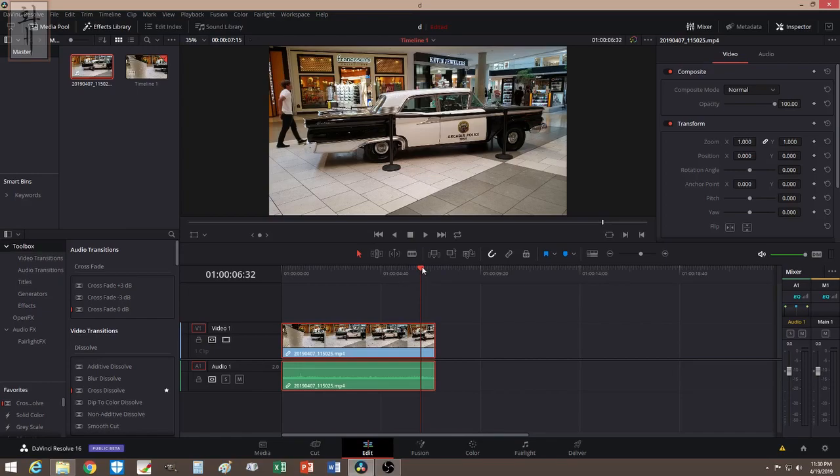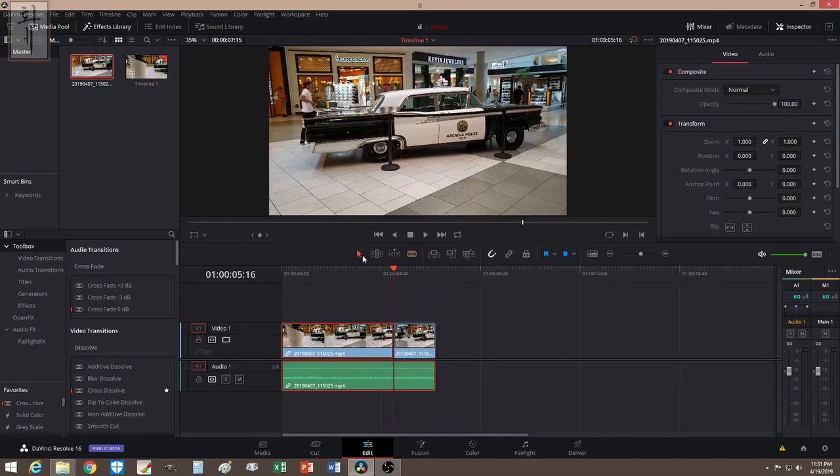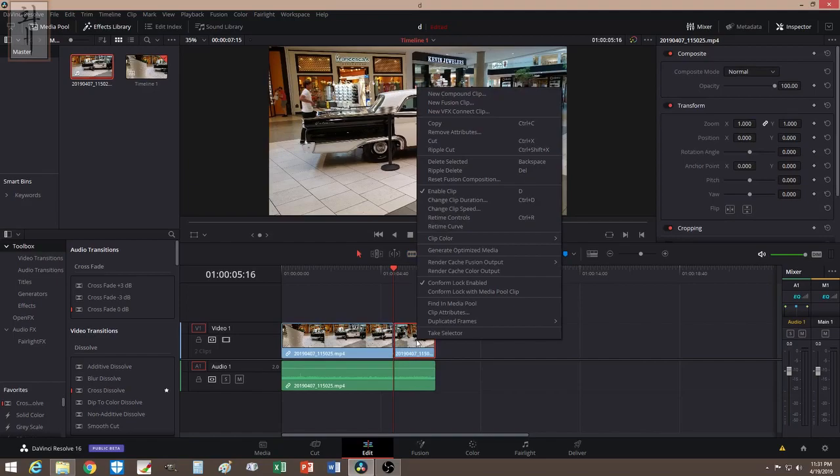So let's find a spot to cut it. Say right here, I have this selected. With this selected, I can get a really precise cut. Otherwise, it's just gonna be free fall. So I want to cut exactly where the playhead is at. Okay, here you go. So right click on this,